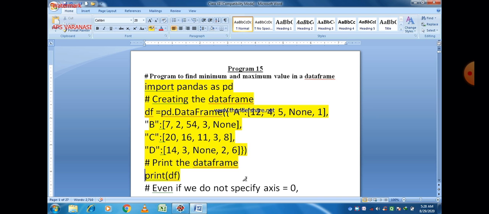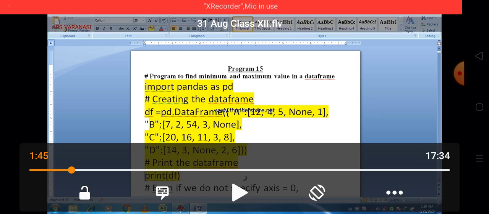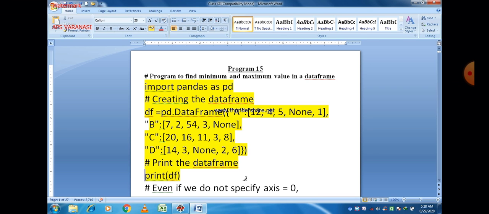Always remember that in DataFrame, D and F are capital letters. Finally, to print the data frame we write print(df), which will print the data frame on the screen.